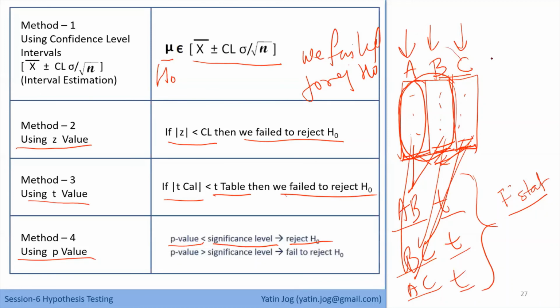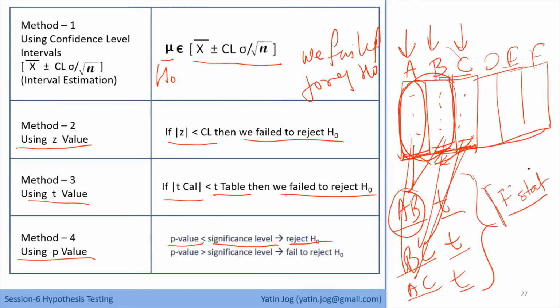Instead of 3, if we have 6 samples, A, B, C, D, E, and F. If I have 6 samples, then just think of how many combinations I'll have for T statistics. So that many times I have to do T statistics. Instead of that, even if I have 6 samples, I can easily do F statistics only once, and I can compare the means of all 6 samples, and I can tell whether my H0 is right or not.